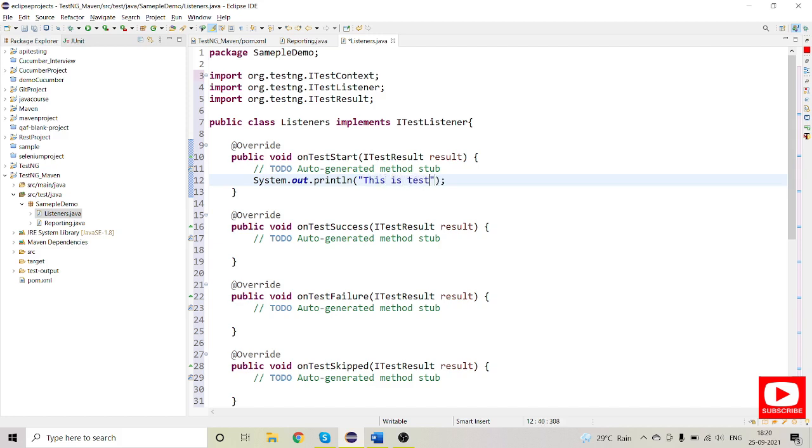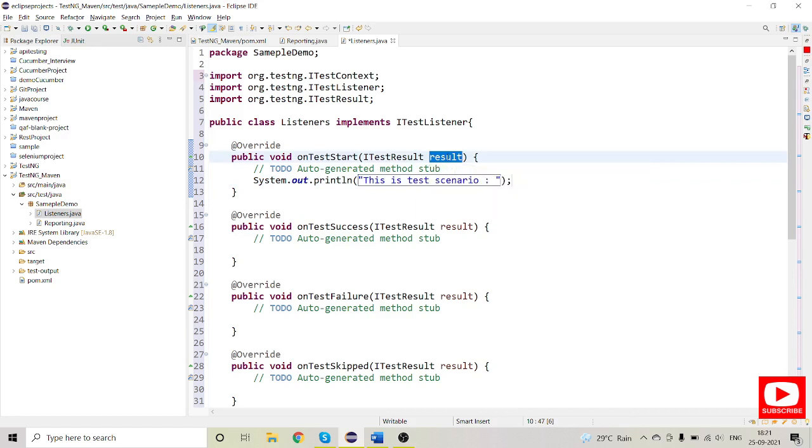this test scenario is. I will just mention this, and then we have a parameter passed here, ITestResult, and the variable is result.